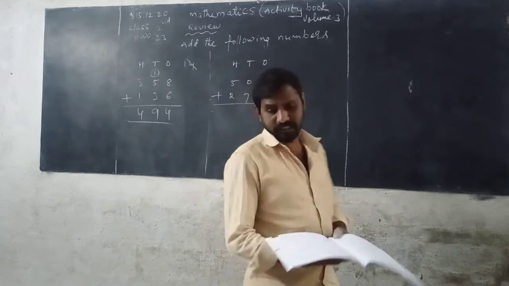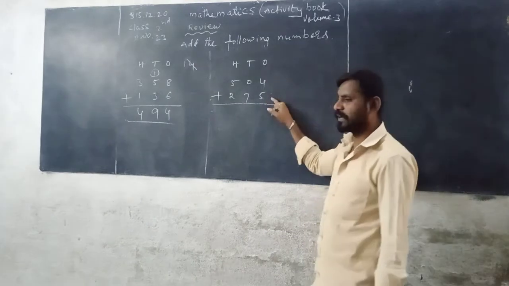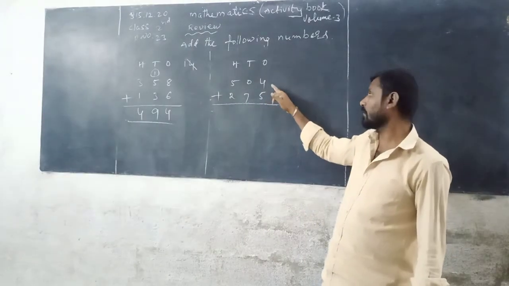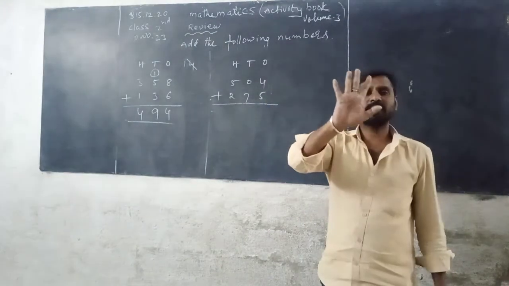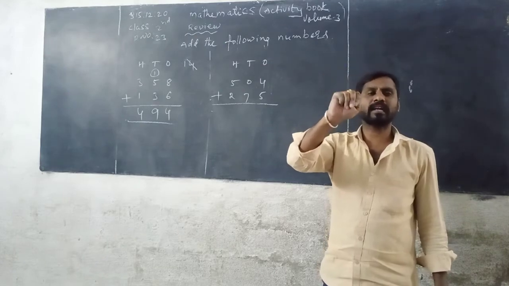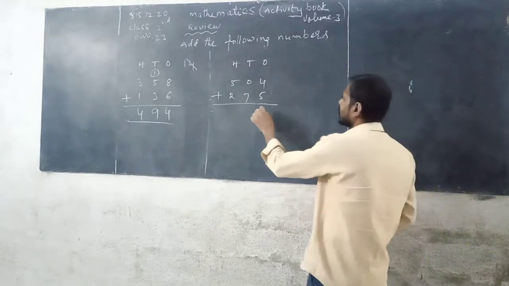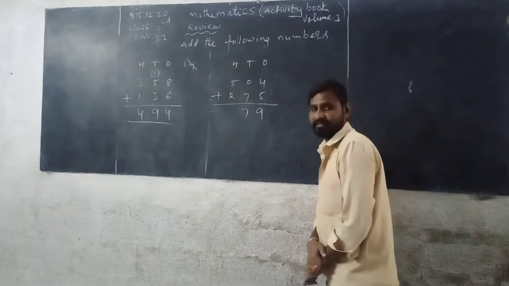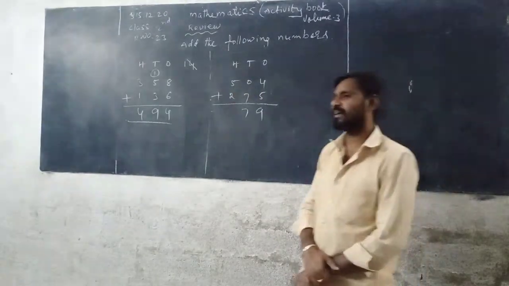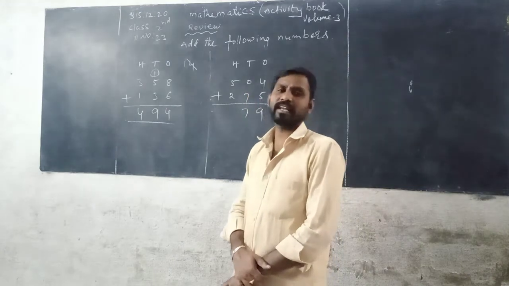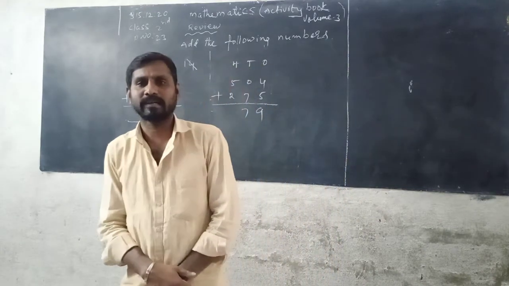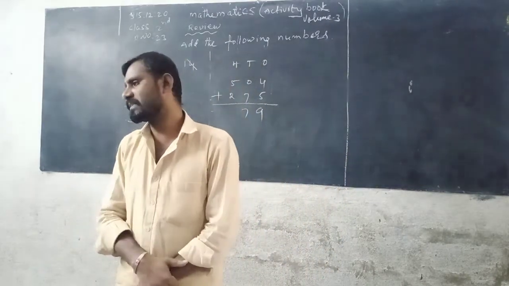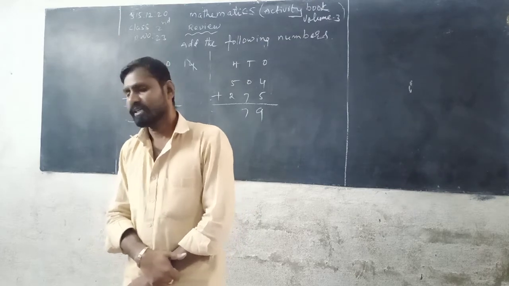First we add the digits in the ones place. 4 plus 5. Here, keep 4 in your mind and count 5 fingers. 4 after 5, 6, 7, 8, 9. 9 is a one-digit number, so you can write it directly. Next, 0 plus 7, 7. When 0 is added to any number, you get the same number. 0 plus 7, 7. 0 plus 9, 9. 0 plus 4, 4. 0 plus 1, 1.